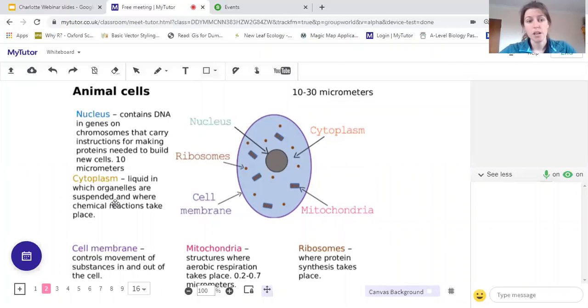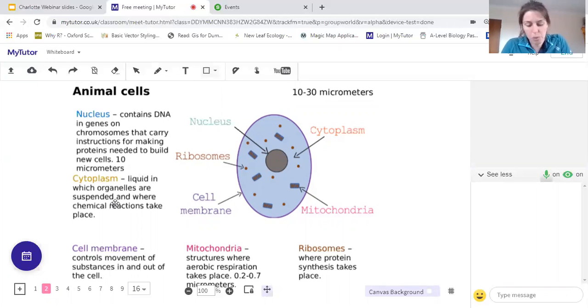And there's not much more to say about it. We've also got two other types of organelles. So the mitochondria, which are structures where aerobic respiration takes place. We are going to go into respiration in more detail next week, I think, possibly the week after. So we'll learn more about that there, but respiration, as we know,